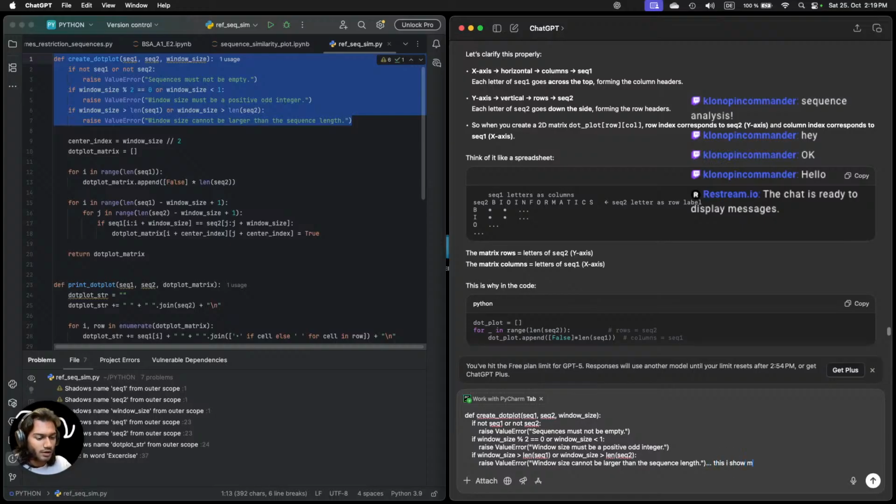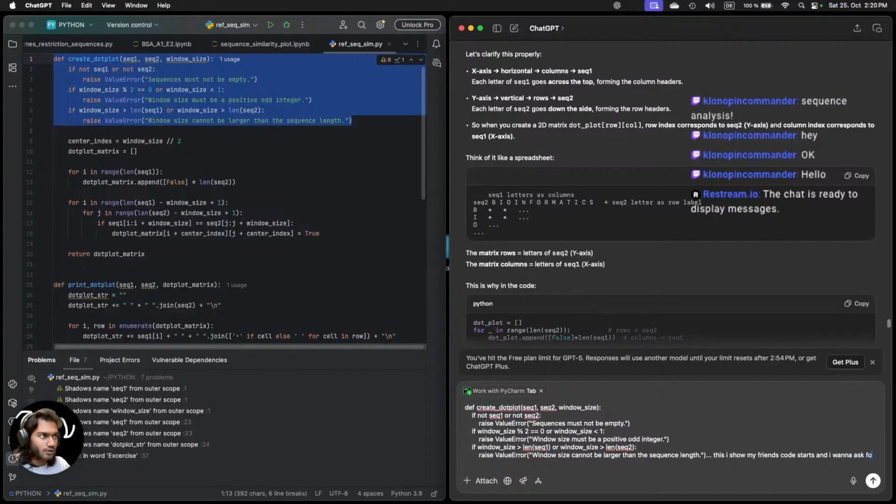This is how my friend's code starts, and I want to ask for the input from the user at the start, like sequence 1 and 2 with the window size, because my friend's code asks for